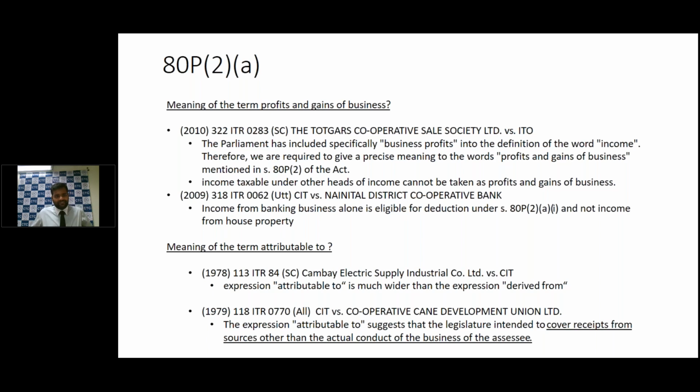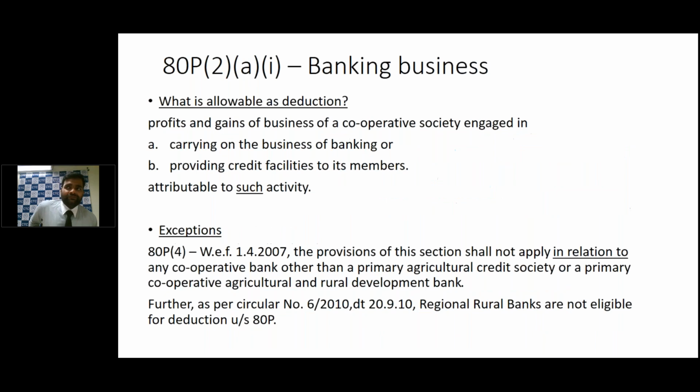Therefore, what we have seen here is that 80P2A only deals with profits and gains of business, and those profits and gains may not be necessarily the actual profits and gains derived from the business, but may also include the incidental and ancillary receipts from that business because of the term used, attributable to. So with this background in mind of the meaning of the term attributable to and profits and gains, if we turn to section 80P2A1,